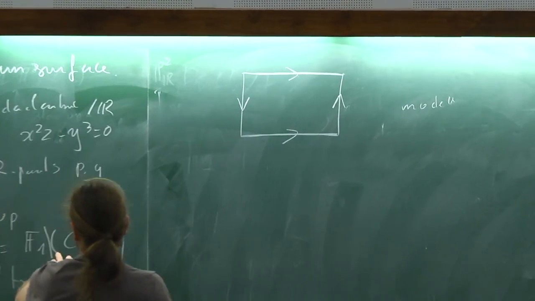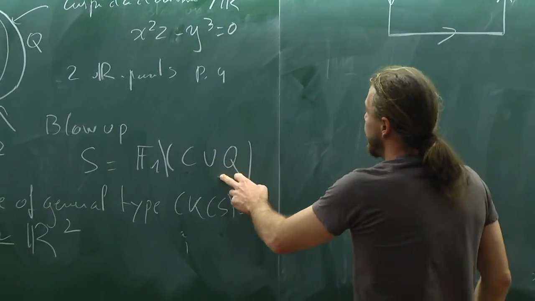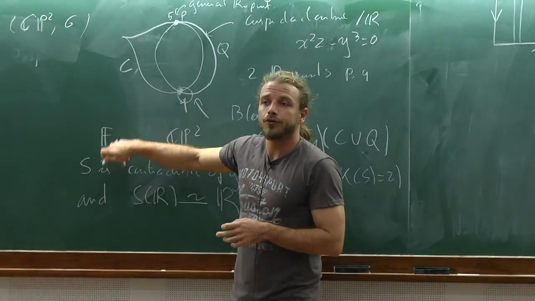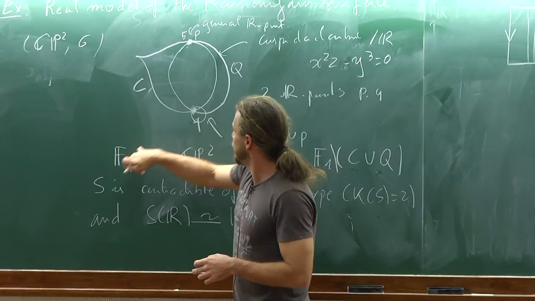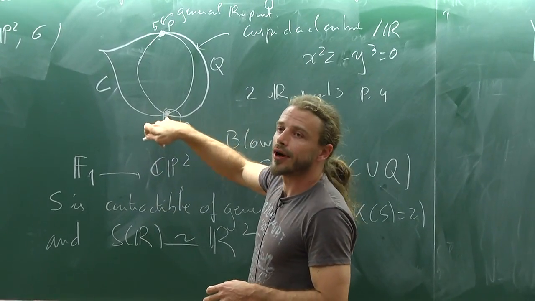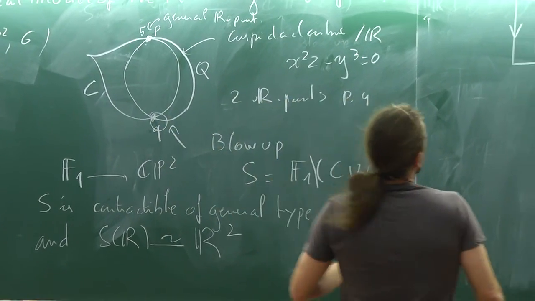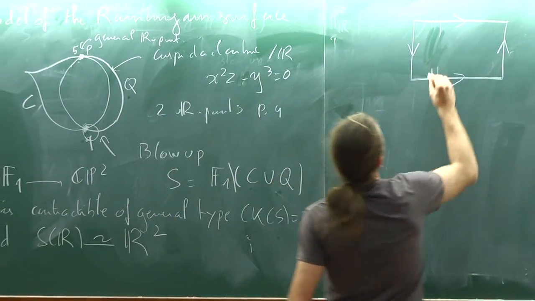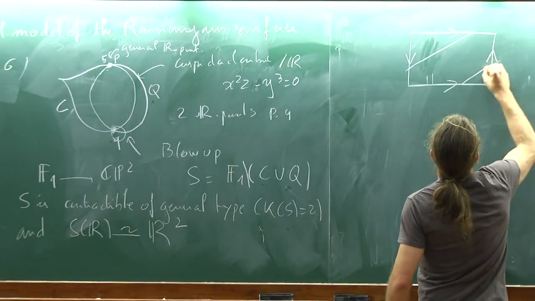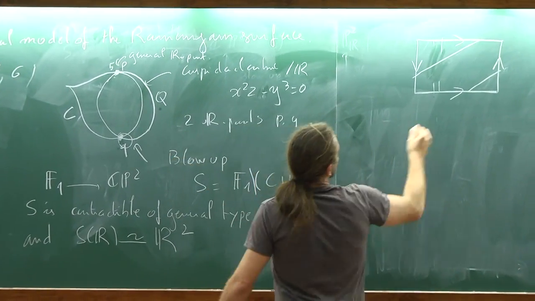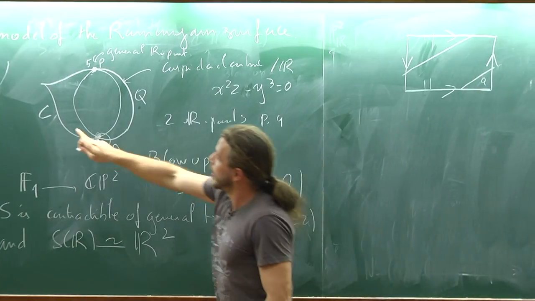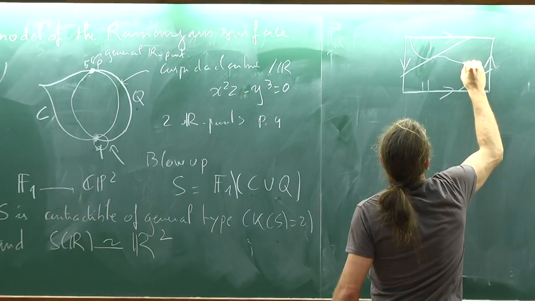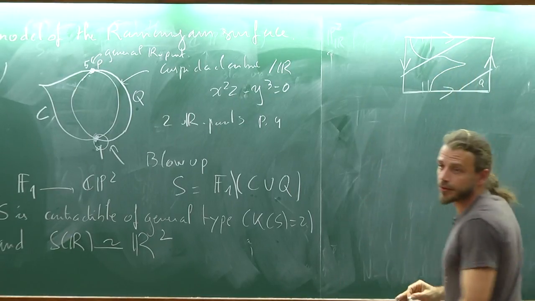And if I draw the proper transform of these two curves here, the vertical things should be the fibers of the P1 bundle structure on this F1, and these fibers are the same as the lines going from this point in P2. So if I try to draw the proper transform of Q, it would be a section of this, so something like that. And that would be Q. And C should behave a priori like this. Yeah, something like this. Right.